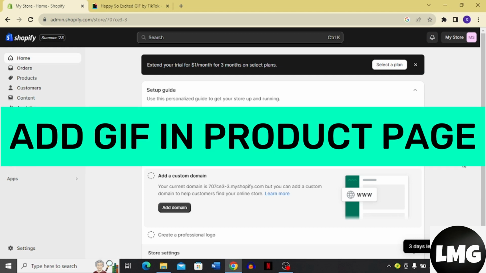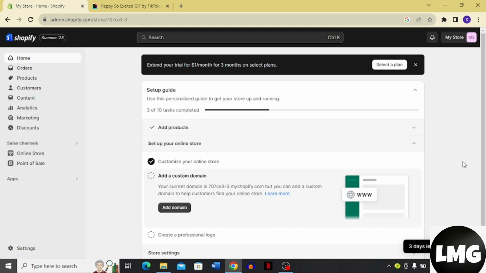How to add GIF in product page on Shopify. Hi guys, in today's video I'm going to tell you how you can add a GIF to your product page on Shopify store. So what you have to do is click this product option on your home page or